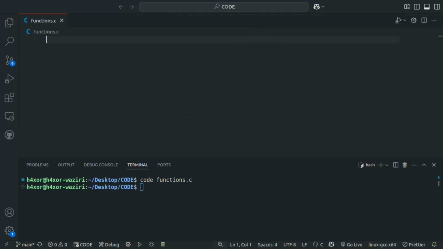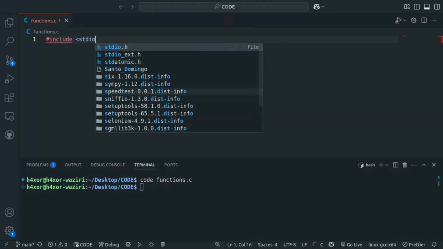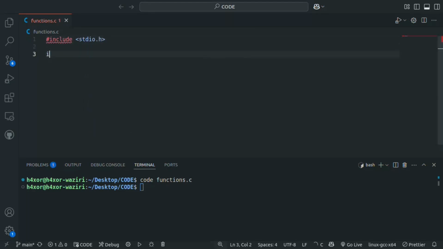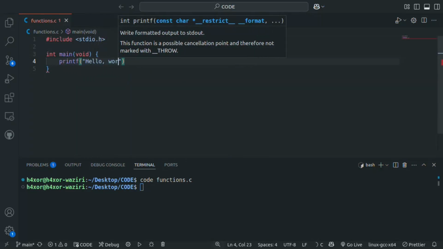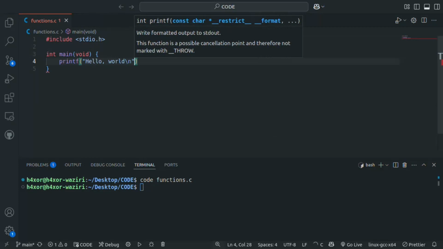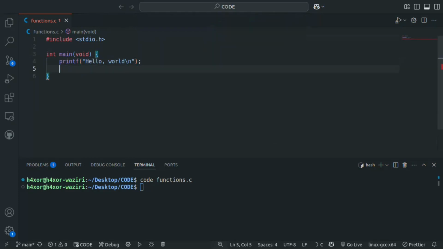Now I will use the echo command to return the status code of the main function. #include <stdio.h>, then int main(void), then inside curly braces, printf("hello, world\n"); then return 0;